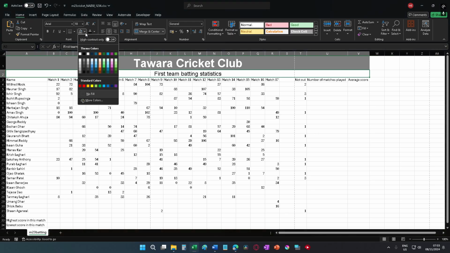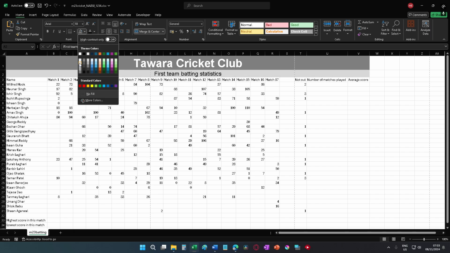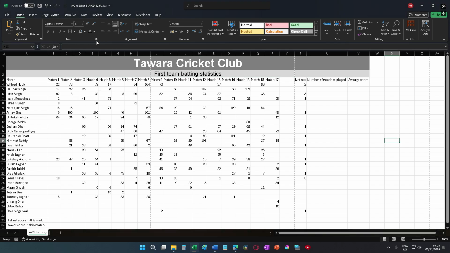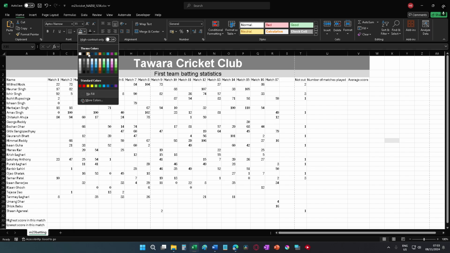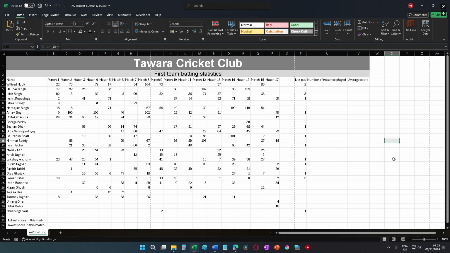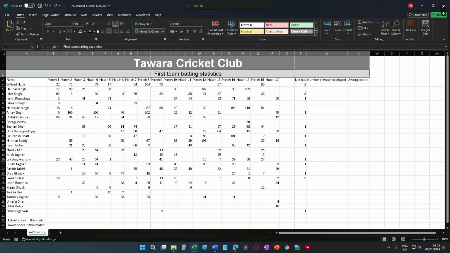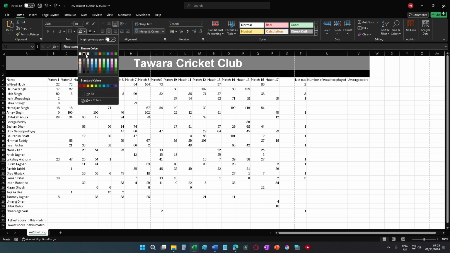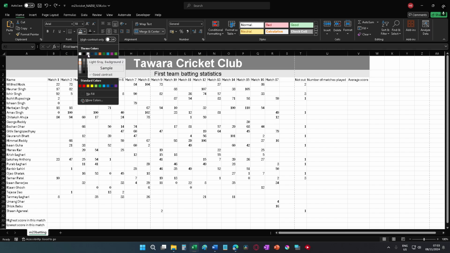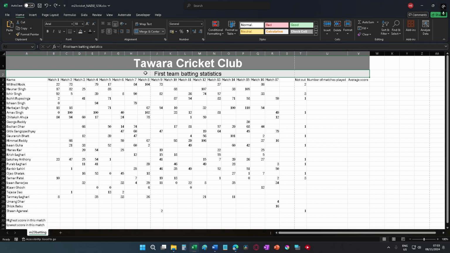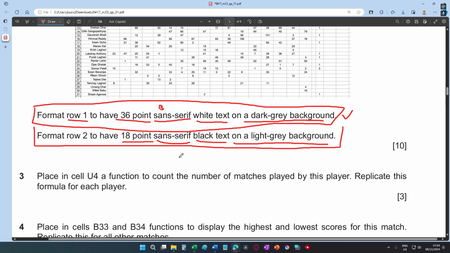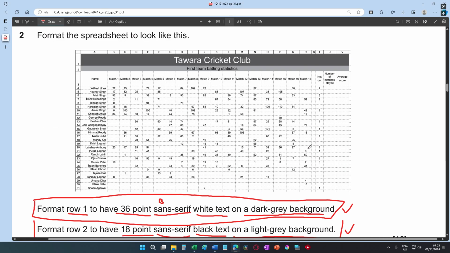Okay, so this one goes on a, so if this was dark gray, then that would be light gray, or you can just choose that one. Oops. Because if you hover over the colors, they actually tell you what the name is. So light gray. So that would be light gray. And then we're done with that. And now we just need to make sure